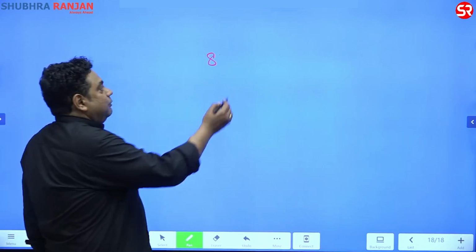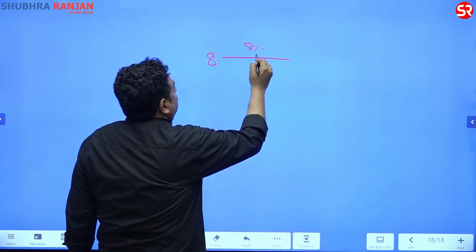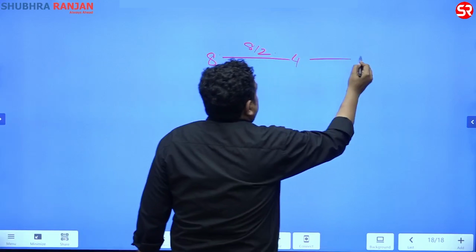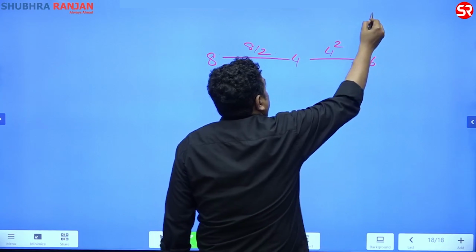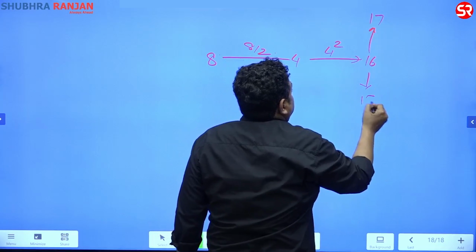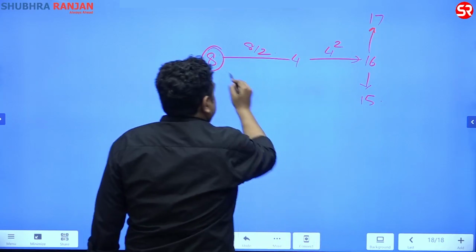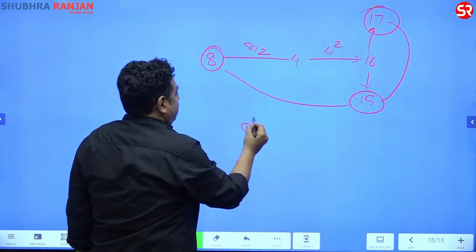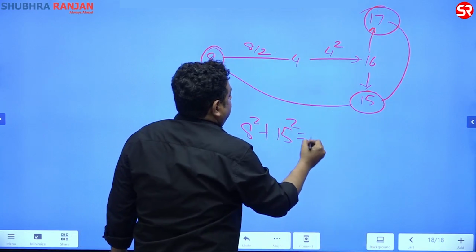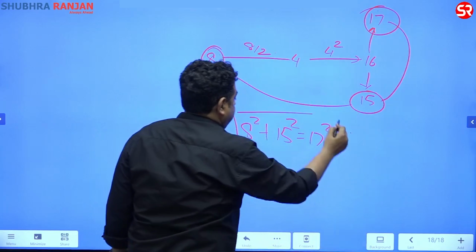ना प्लीज, what is half of 8? 4. What is 4 का स्क्वायर? 16. 16 से बड़ा नंबर क्या होता है? छोटा नंबर क्या होता है? From today onwards, 8 square plus 15 square is 17 square. 8 square plus 15 square is 17 square. खत्म बात. लो